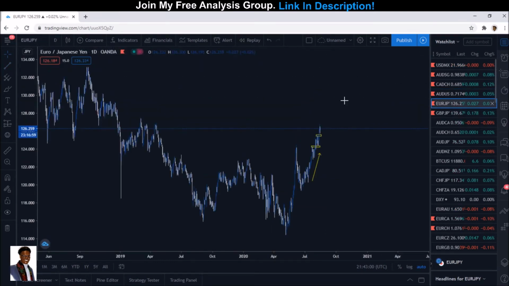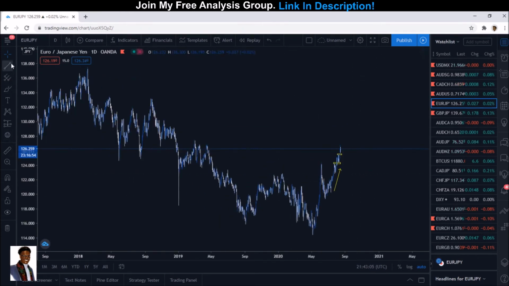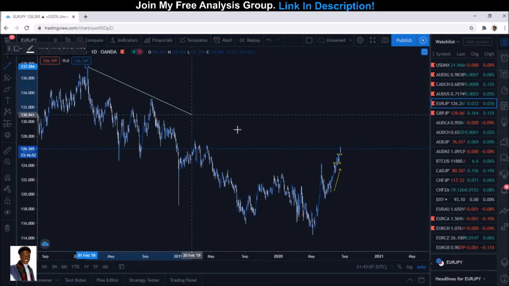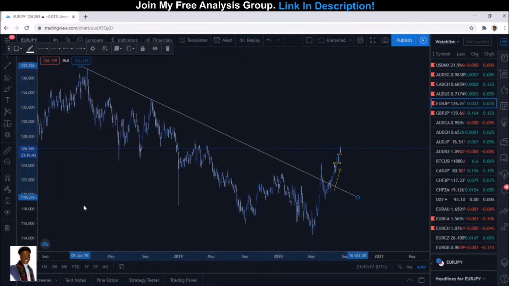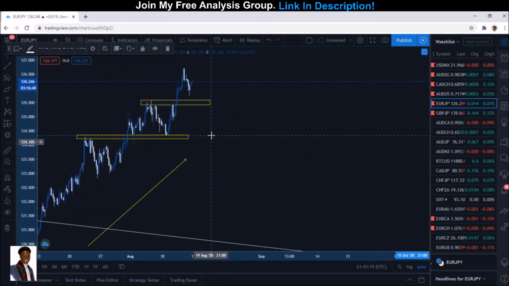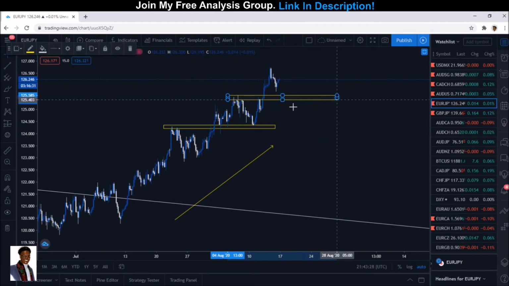All right, so coming over to Euro JPY, you can see another nice steady downtrend that has been broken, right? Where we failed to continue creating lower lows in the market. And if we come over to the 4-hour time frame, you can see these nice breaks and retests of key levels of support and resistance, right? So if we can get Euro JPY to make a dip back into this level, I may look to potentially